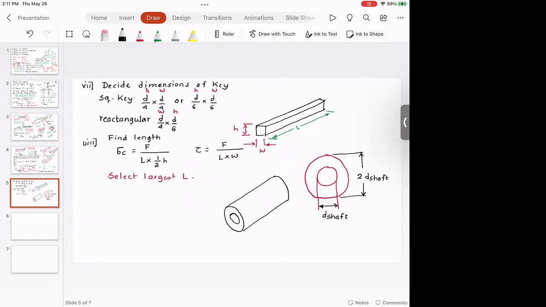One key should fit over here and the second key should fit over here, which means the length of the sleeve should be at least 2 times the length of the key. So this is one length and this is another length. So typically for coupling design or sleeve design,